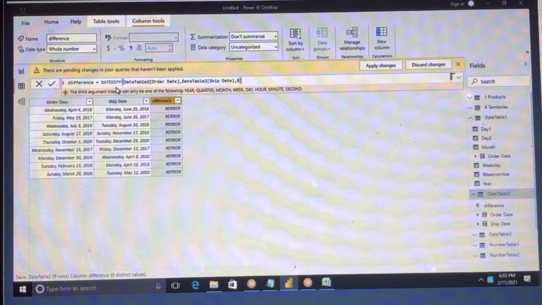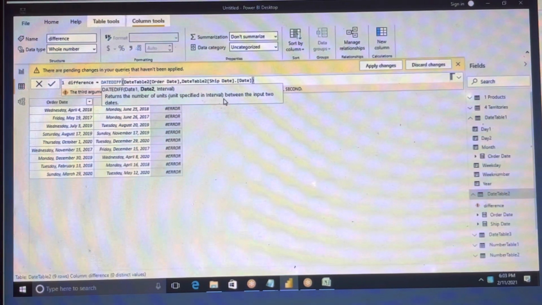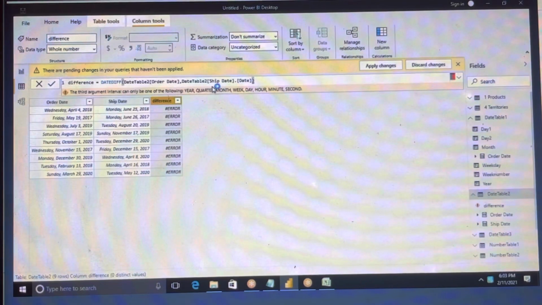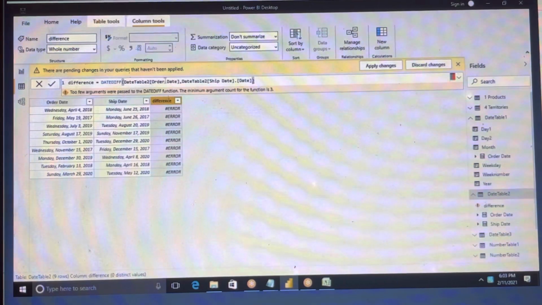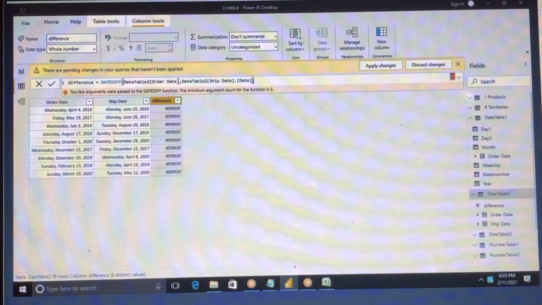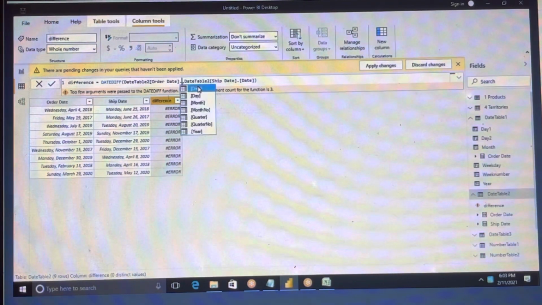Ship date. Okay, you don't want to give that interval, but you can give 0 or something. Either you can click enter or something is wrong. Okay, just remove this 0. Now enter it.